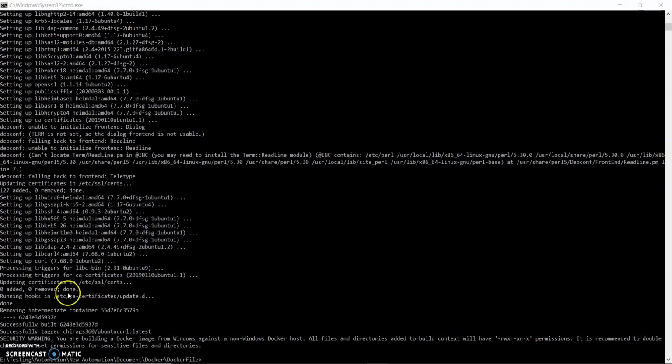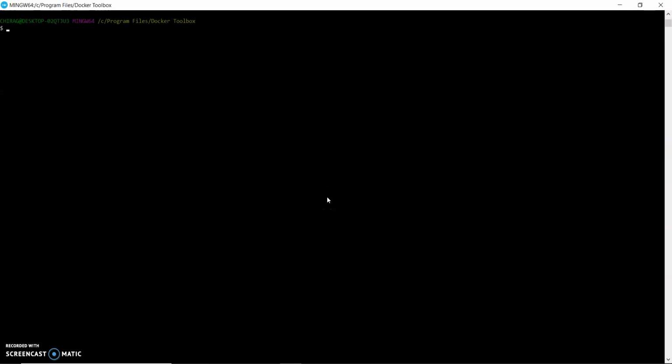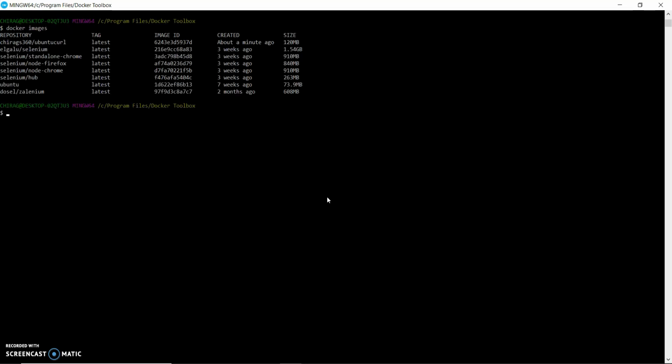You can see that all 4 steps have been successfully completed, and it shows successfully built. So this is my build number, right? How can we use this? Now let me open a new terminal and run docker images to see whether that image comes under my images or not. You can see this image has come with this image ID, right? This is the image which I built about a minute ago.